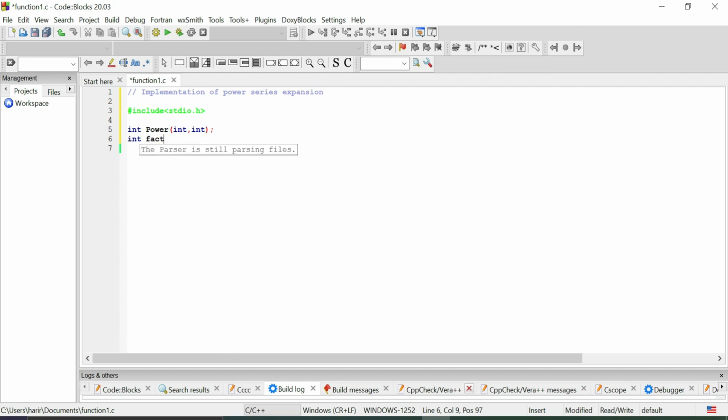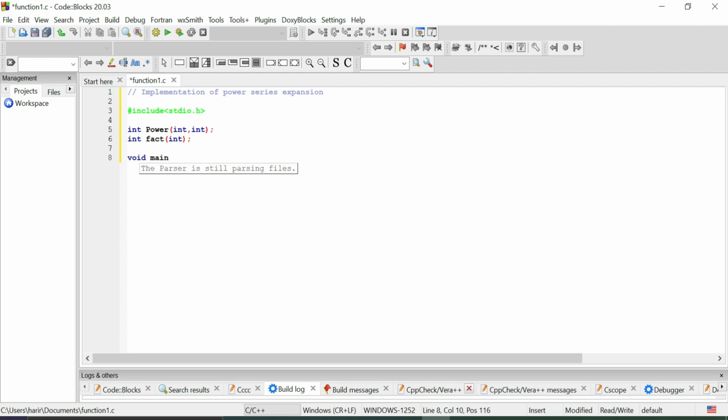And int fact(int), which takes only one input, an int. There is one power function and one factorial function, both of which I am defining here. I am not using the pow standard library function. You can use it if you want. Right now I just want to show you how to use more than one function inside a program. Now the function declaration is done.